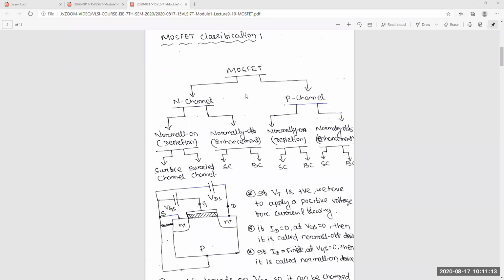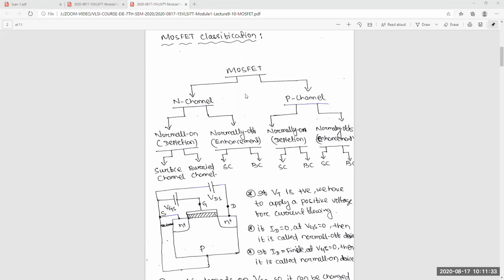What are the different regions? What are the voltages? What is the QV characteristic? What is the CV characteristic? If body bias is there, what will be the effect of the body effect on the threshold voltage? What is the band diagram? What is phi ms? What is QA? All these things you can calculate on the P channel also.